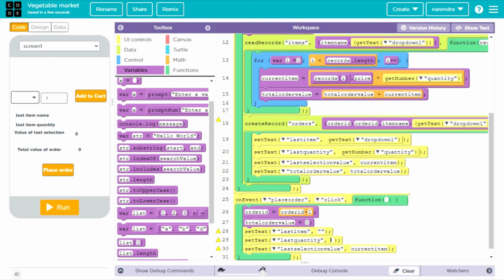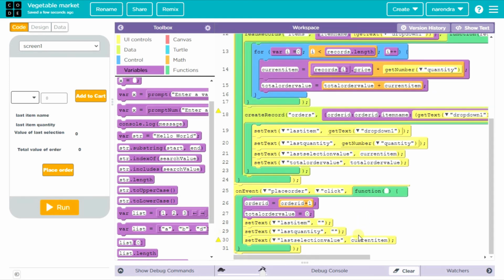Make this one empty, and make this one also empty. That's it. So once I click the place order button, all the information regarding the previous order should be erased, order ID should be increased, and the total order value should be 0 for the next order.